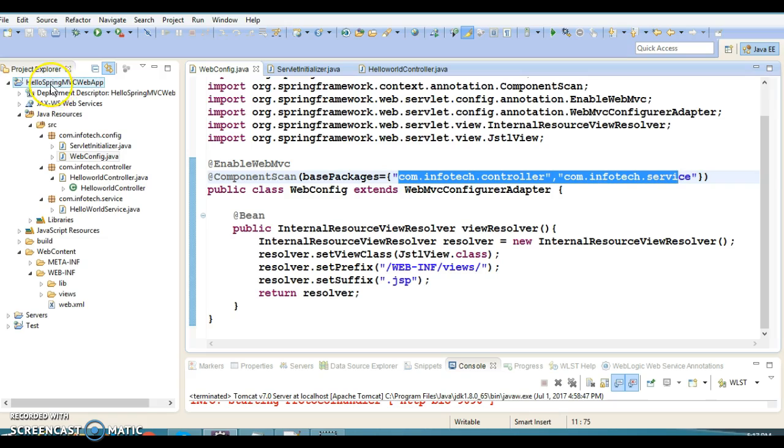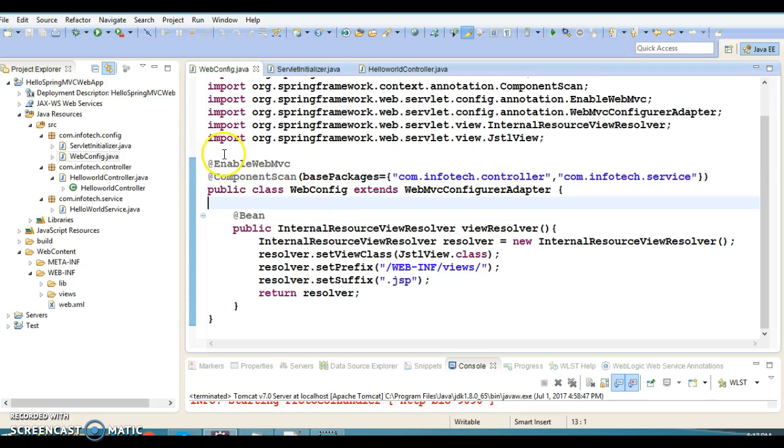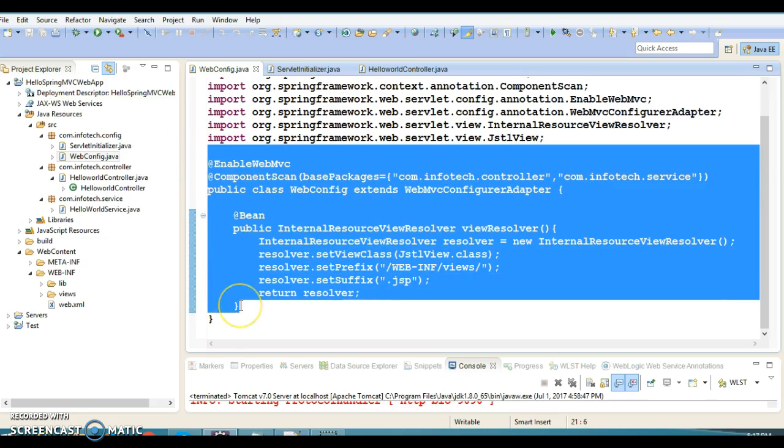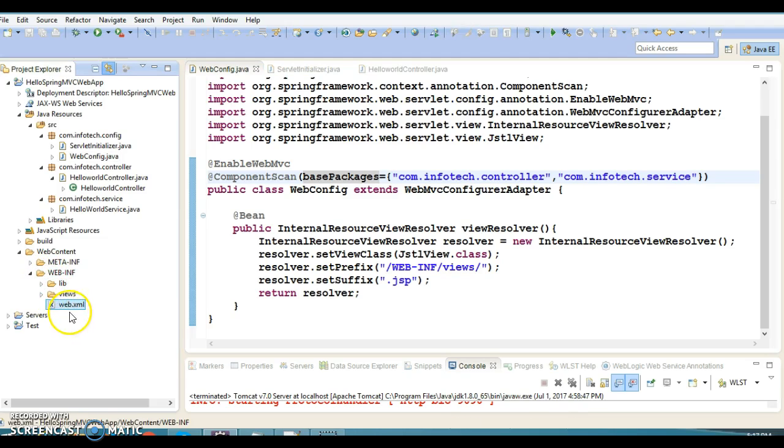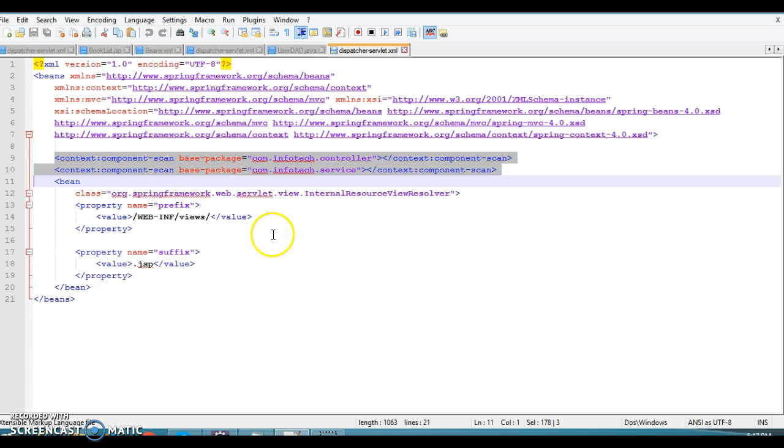If you did not watch the first part of this video, then I request you to go and watch that part and then come to watch this video, right? So these things we have created from scratch, so that's why I'm telling you to go and watch my previous video right now. And we have safely removed, I had deleted, the Spring dispatcher configuration file, the spring-dispatcher.xml